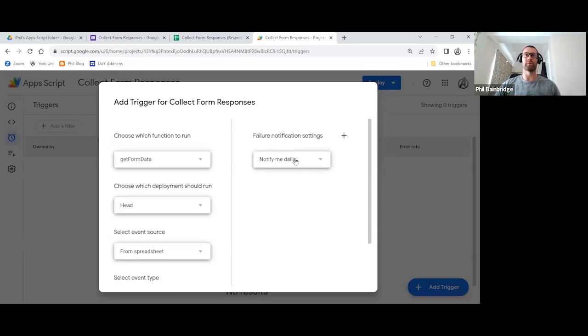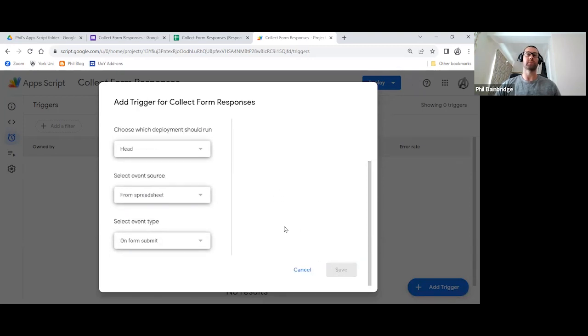If you just scroll back up at the top right, the only other thing you might want to change is the notification settings to notify you immediately. That basically means if this fails whilst you're building it, you'll get any of the emails instantly, rather than at the end of the day when you might have finished and forgotten what's happening and wonder what all these emails that are coming in are about. So when you're happy, click Save.